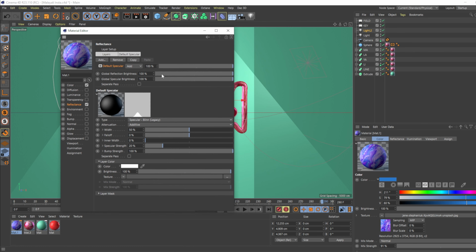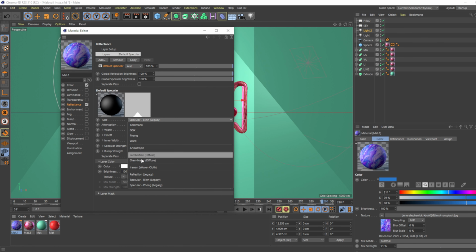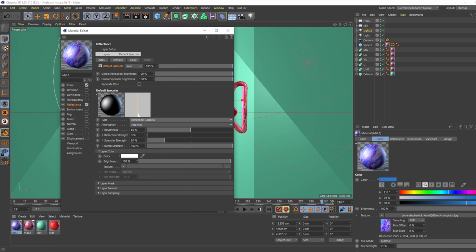And in the reflectance channel, let's change the type to reflection legacy, and let me change this one to something. You can play with your own numbers. These are the numbers which I found quite good looking for me. I'm changing that to something close to that, and in the specular strength I am increasing that to close to 80, and for the bump strength I'm going with something close to 60 also.